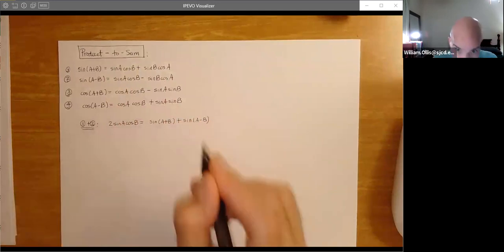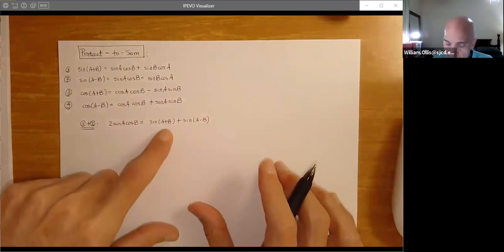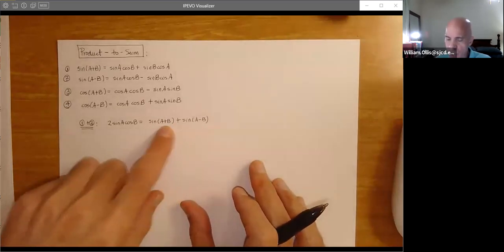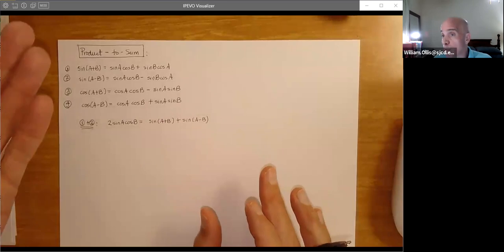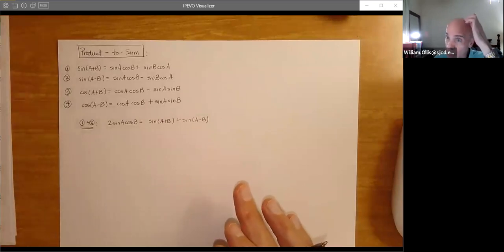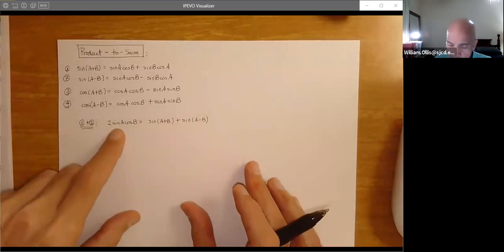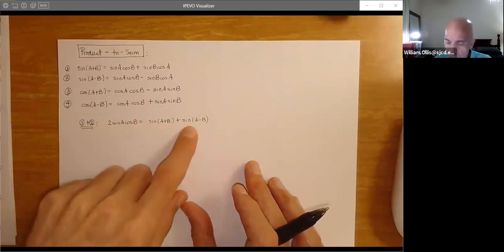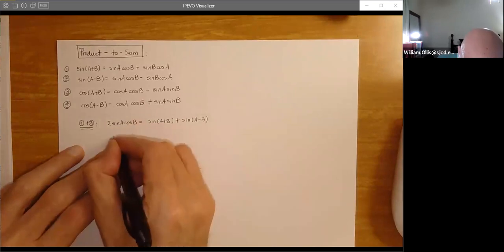Now, when you do all of this, you're thinking, Professor Ron, thank you for using uppercase A and B. U's and B's look the same. Phi and theta, after a while, they start to look the same. So I'm trying to make sure that you see what these are. I had to use the U before because I needed another letter. So hopefully that's okay. But now you can see sine of A times cosine B can be represented as half this sum. So here's our first one.